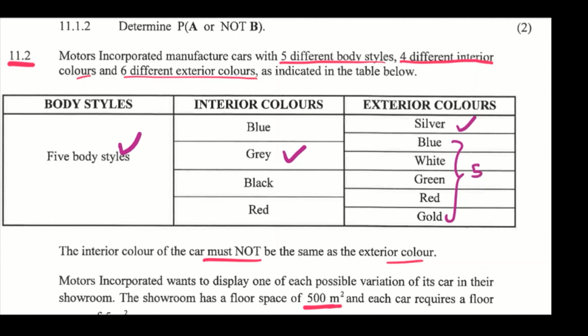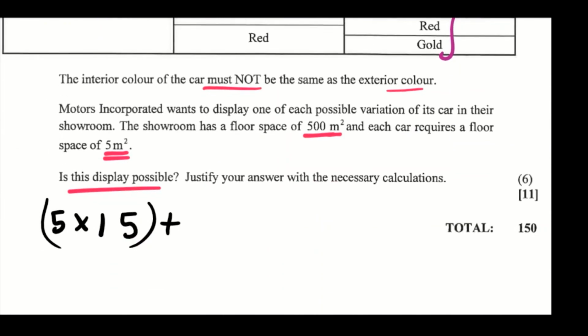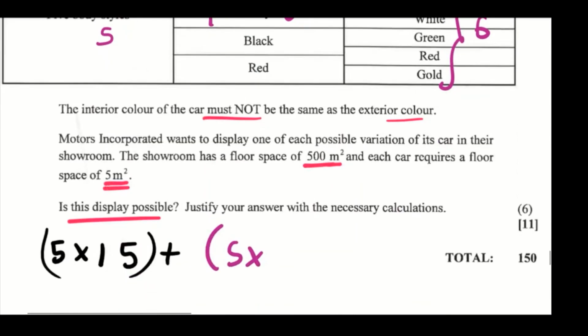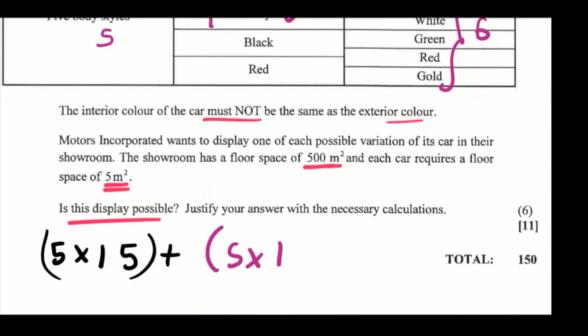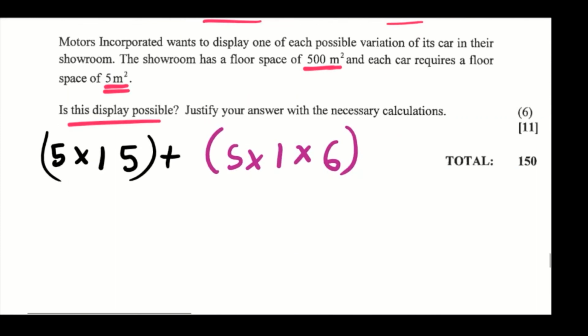But it doesn't really matter now, because we actually have all the options. Since there's no gray on this side, we have all the options to choose from. So we have all 6 options. So here we have 1 color to choose, and here it's just 5 body styles. So it's going to be 5 body styles multiplied by 1 color multiplied by all 6 options, and then plus